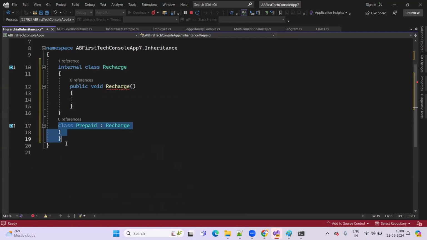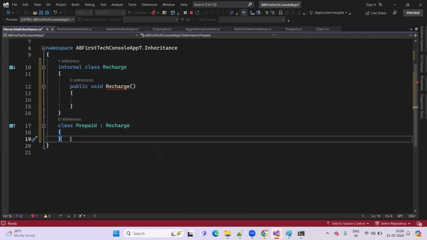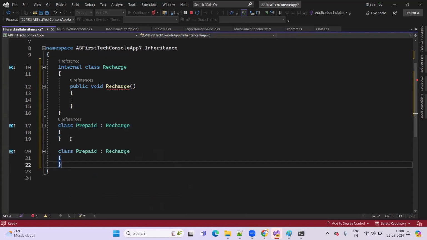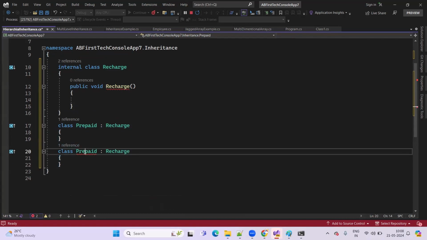So prepaid, and I have one more thing called postpaid. And I can also have one more